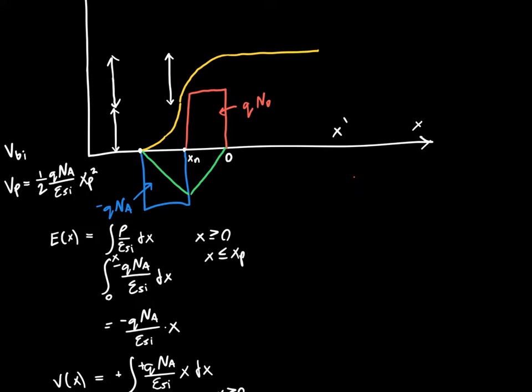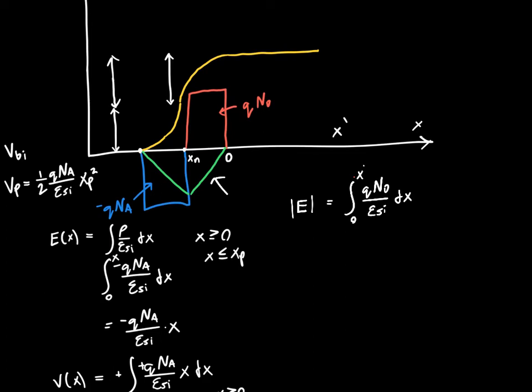So if we want to calculate the height of the voltage drop, and we're only worried about the magnitudes here, then we just need to integrate this electric field in our new coordinate system and then plug in the bounds, and we're done. So the magnitude of the electric field is just the integral of the charge density, so QND divided by epsilon silicon times dx, and it goes from 0 to some value x,